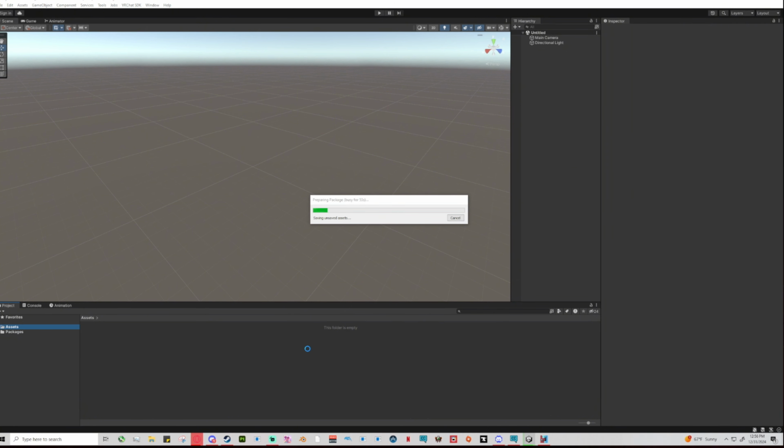While this is working on importing Poyomi, I just kind of want to say, since I am going to fast forward through a lot of this so that you guys don't have to wait for all the things to import with me, this rule of importing goes for everything. So for our avatars, FBX, for our materials, for, like I said, Poyomi shaders or any extra matcaps you have,